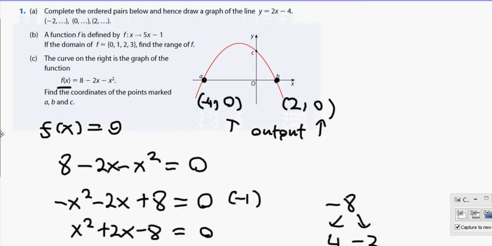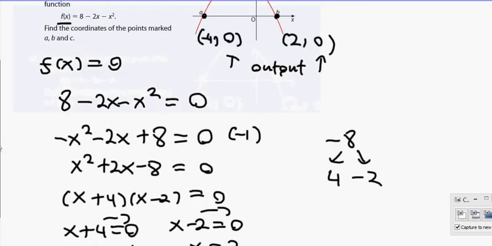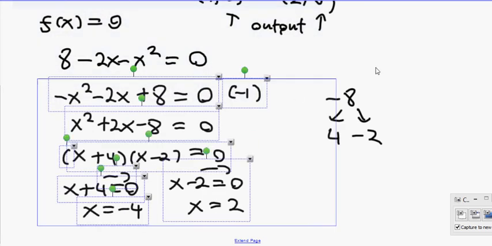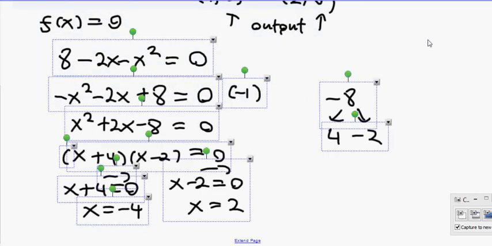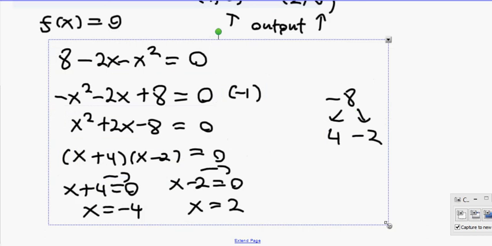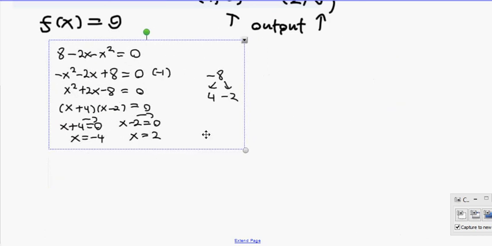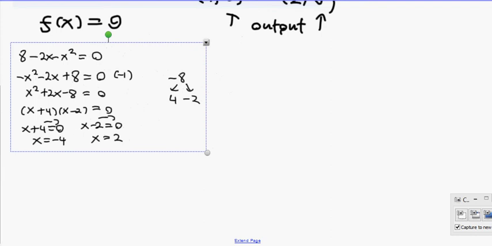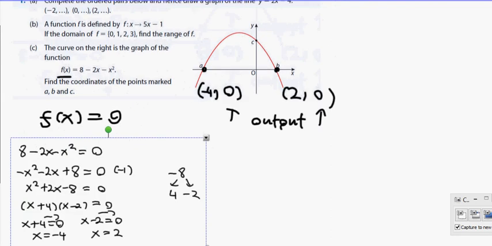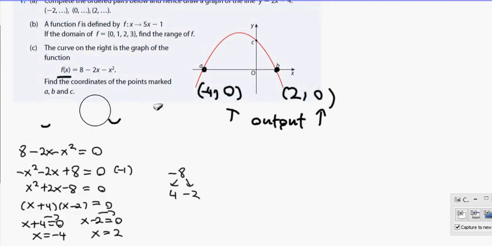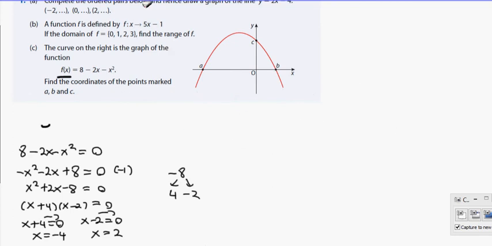Now, let's find number C, or letter C, more appropriately. So what about letter C, guys? How do we find letter C? The input is 0. And how would you know that the input is 0? Because it's on the y-axis. It's on the y-axis, that's perfect. Remember, input is the x value, output is the y value. This point here has an input value of 0. Let's call the output y if you want. So this is input,